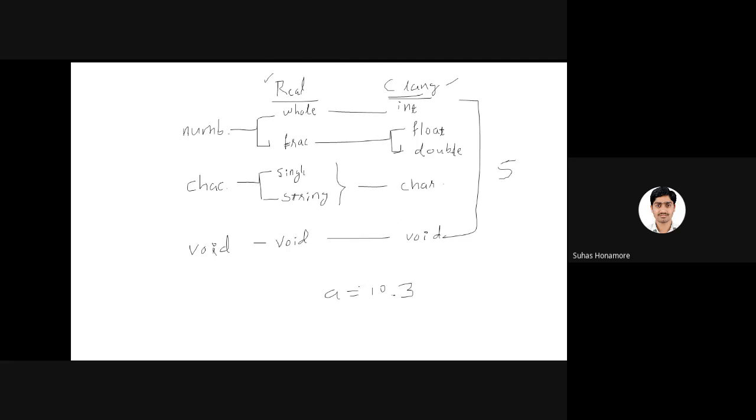Okay, then if this one you want to store as something, so already a is taken, so let's write here b. Okay, so b equal to something, a string, you want to write it, so abc. In that string I am writing something abc, so that should become a character type, or if we don't know anything, then we write it normally as byte. So these are the 5 data types.